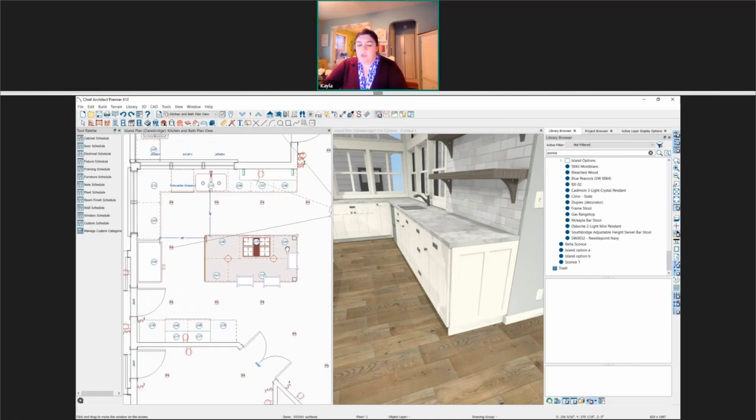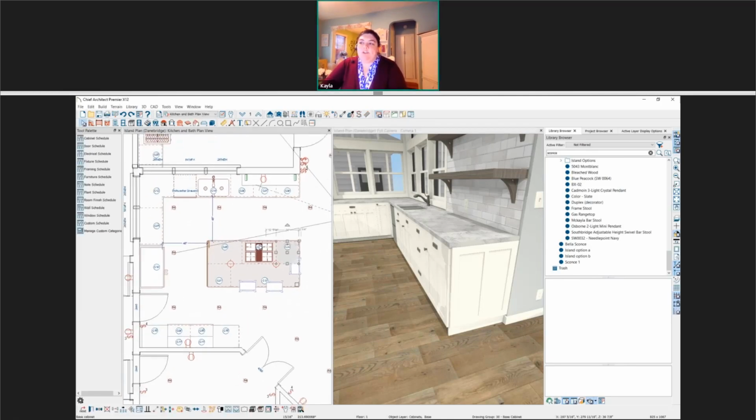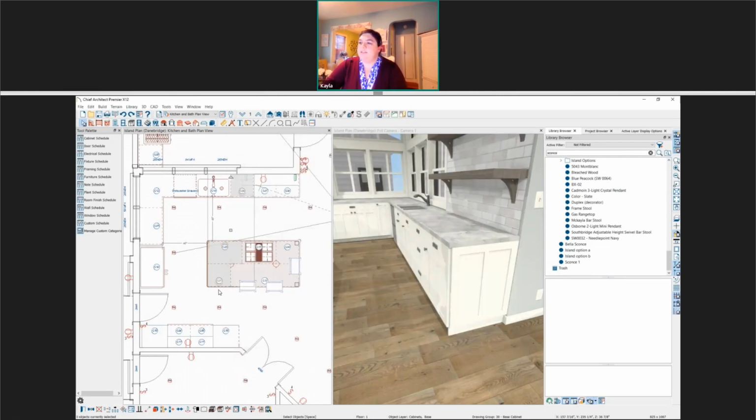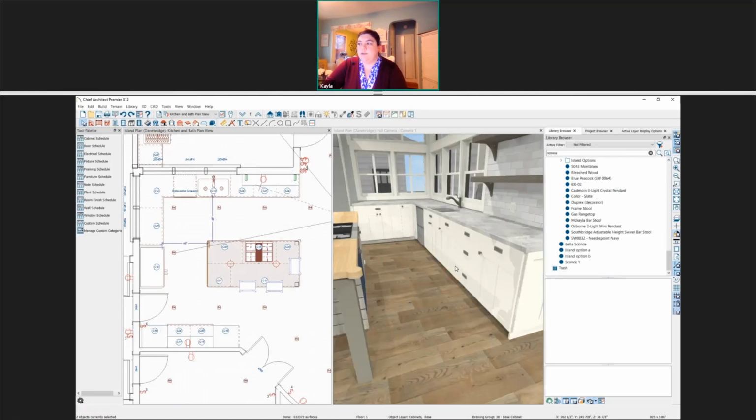Is that correct? Yes, if you're choosing different types of cabinets. So if you're choosing a base cabinet and a full height cabinet and a wall cabinet, you'll run into that. But if you choose multiple base cabinets, let's take a look here. We just open up 3 different base cabinets and come down to materials. We're grayed out because there are different variants, because some of them are using different parts. I think they have to be pretty close to identical.